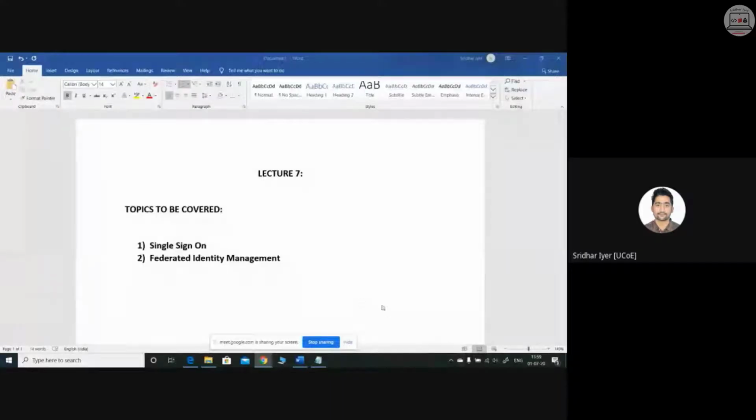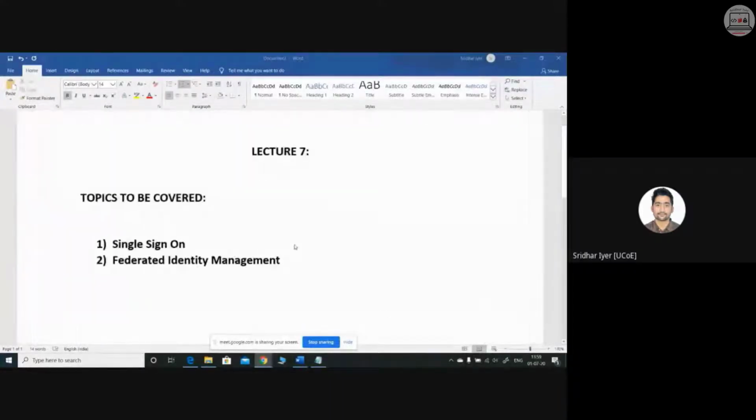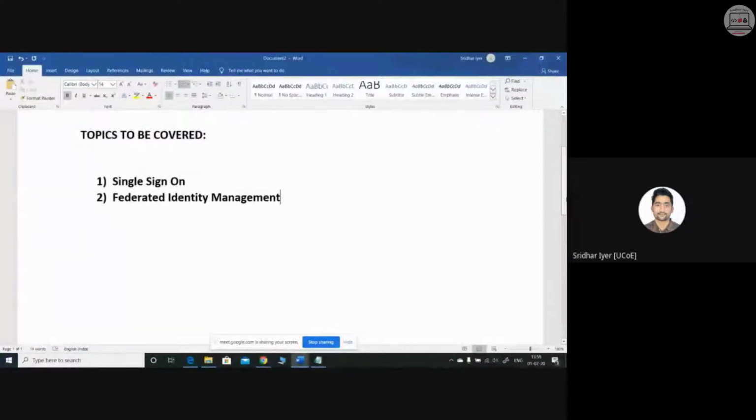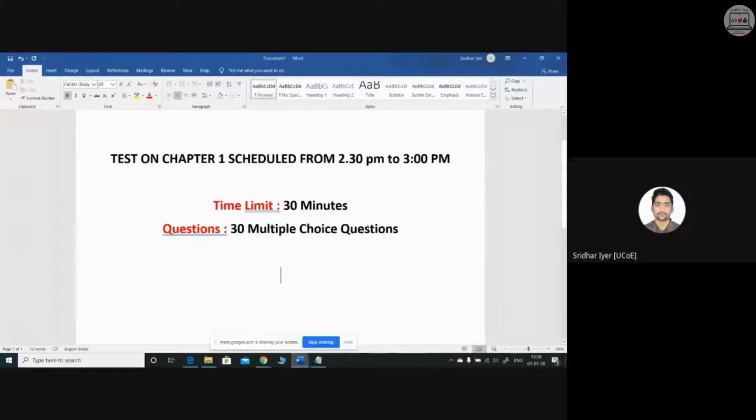So as you can see, we are having these two topics left. Lecture number 7. Topics to be covered: single sign-on and federated identity management. It will take hardly 30 minutes of time, and after that, we are having the test from 2:30 to 3